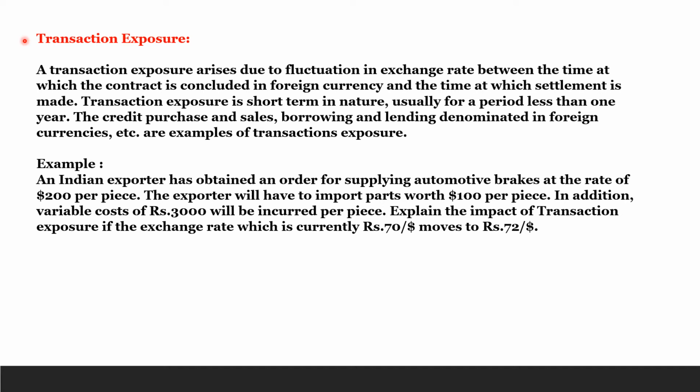Let's say Indian exporter and USA importer entered into a contract on today's date, but the settlement will be made after 30 days. Here, Indian exporter is going to receive his payment in dollars, which is fixed as per agreement. But on the date of settlement, Indian rupee may fluctuate. So this type of risk is called transaction risk. This will change the value of the contract.